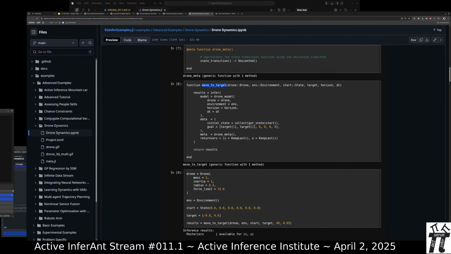This is an interesting function. Is it really this easy to make a wrapper function called move to target? If so, that feels like a really high level function, even for a 3D navigation system, to be able just to say move to the target and have it have this definiteness.